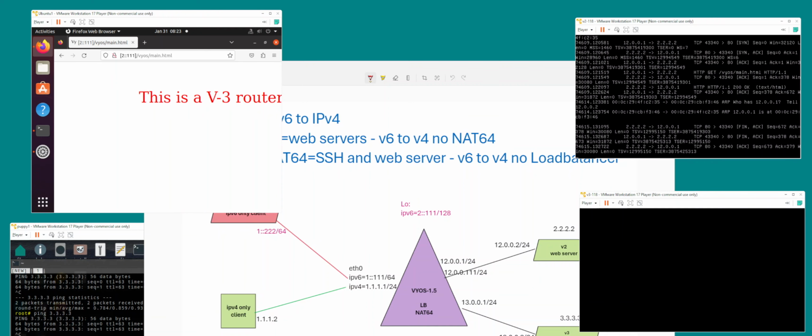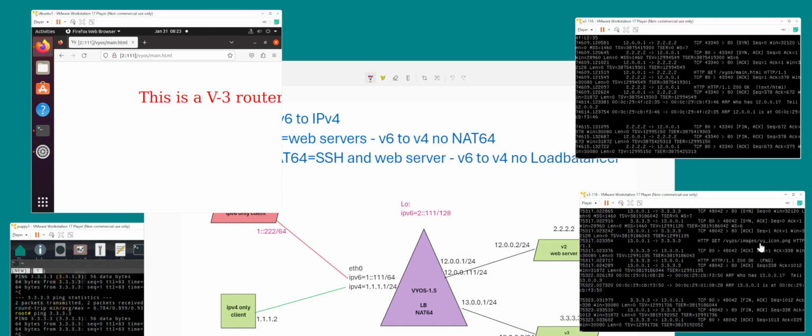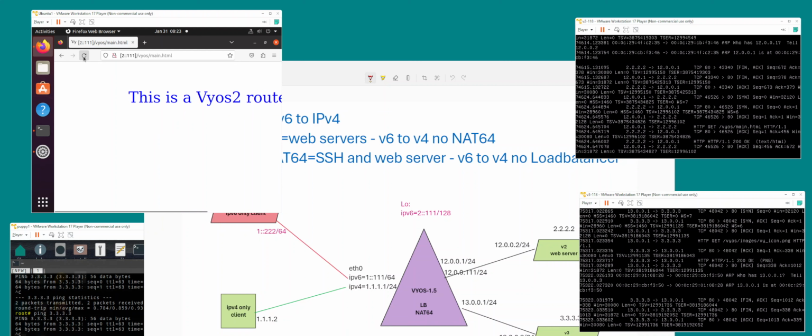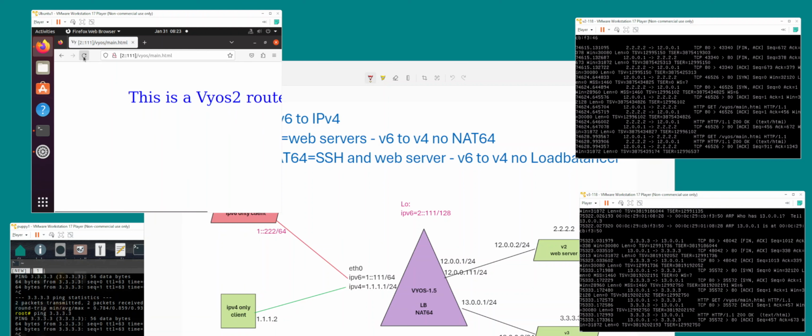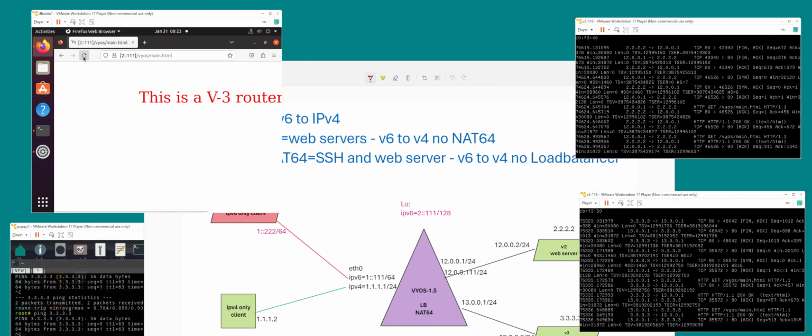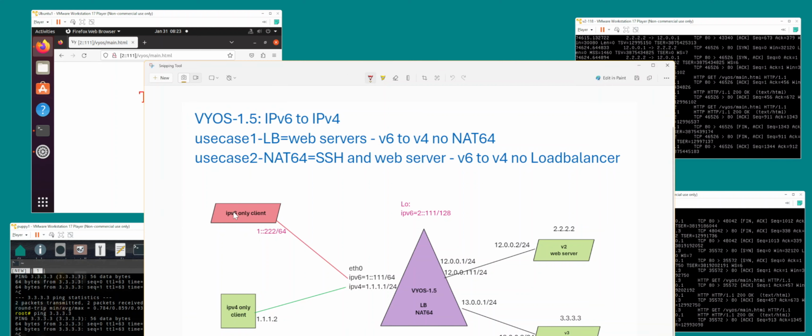I've done a packet capturing. We'll see how it's getting hit from a v6 only. v2, v3, v2, v3. So here again, a v6 only client is hitting this address, but the load balancer without no NAT64 configured is load balancing on IPv4 web servers. That's your